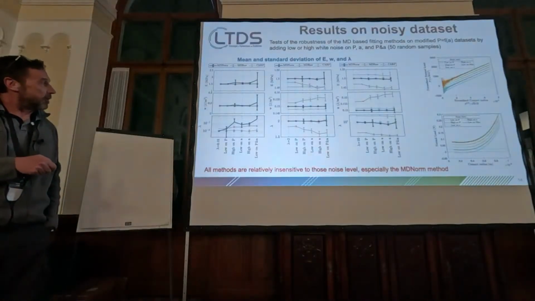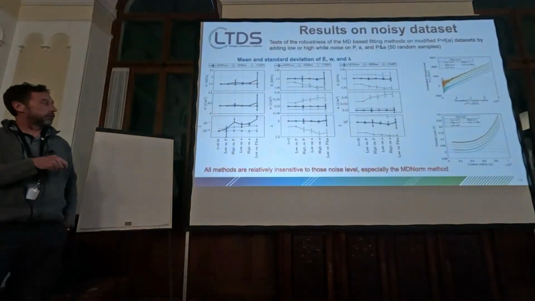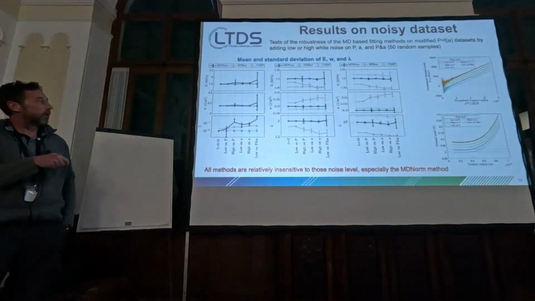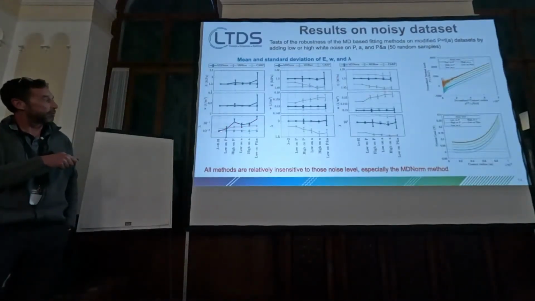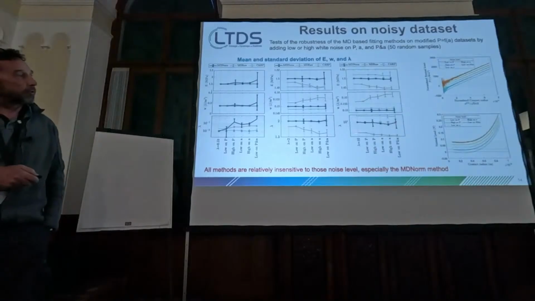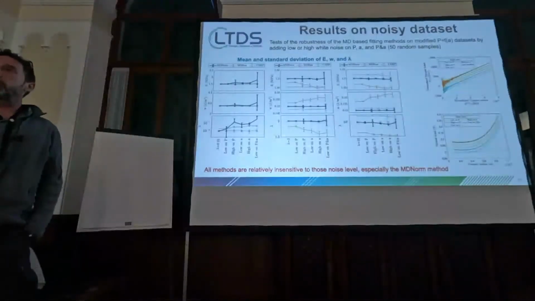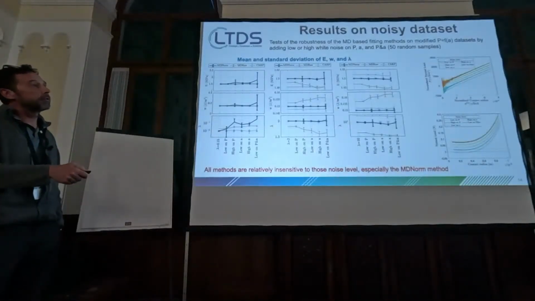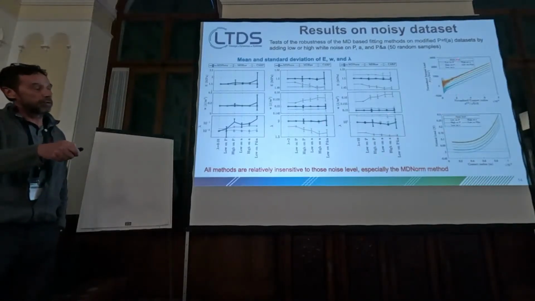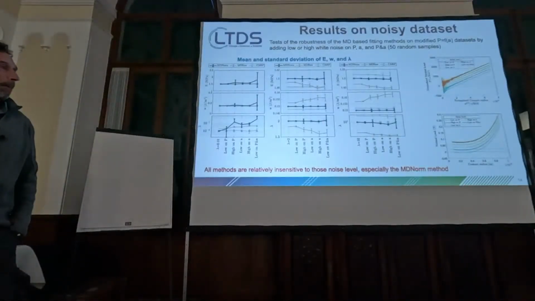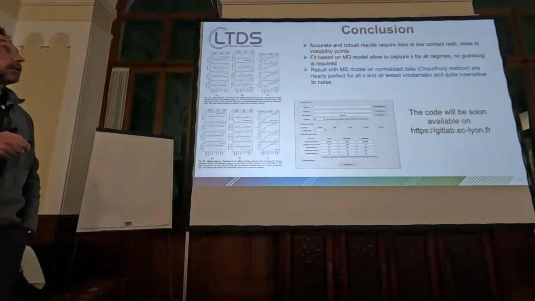Maybe the only thing is that at low lambda, here it's for lambda close to DMT, so 0.001, lambda is not so nicely captured by these new methods. This is because when you add noise, the noise is amplified by the normalization at low contact radius, where, as I told you, there is the information you need to really capture the adhesive regime and the value of your parameters. So using this new method, you get accurate and robust results.